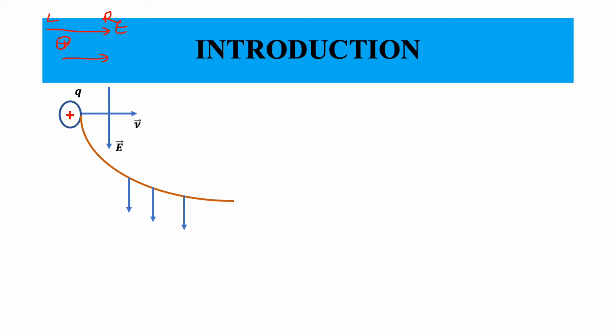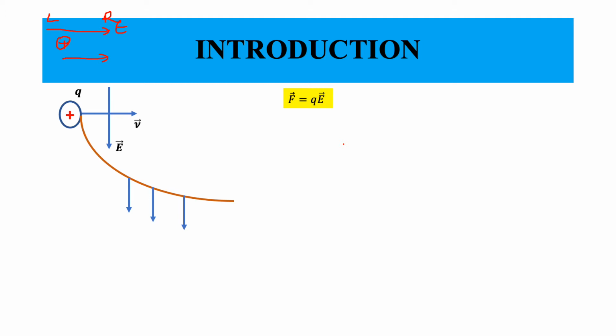We know that for any charge where there is an electric field, the force acting on that charge is given by F equals QE, where the electric field is the field that we introduce by some means. So if the charge was actually moving in a different direction of velocity and your electric field is not coinciding with that, then there will be deflection, small or large depending on how strong your electric field is, so the path would be different.